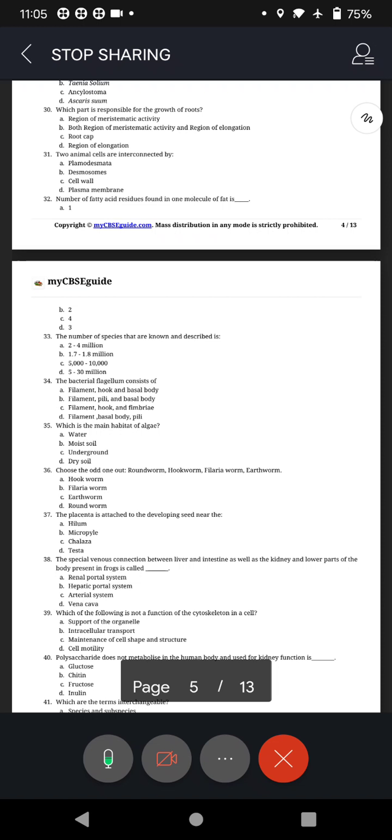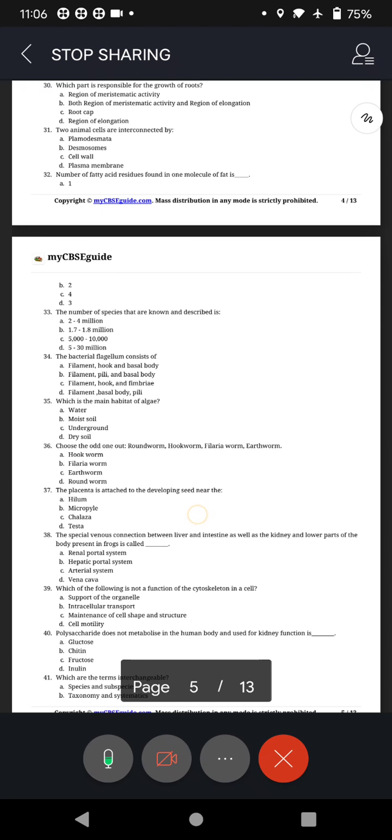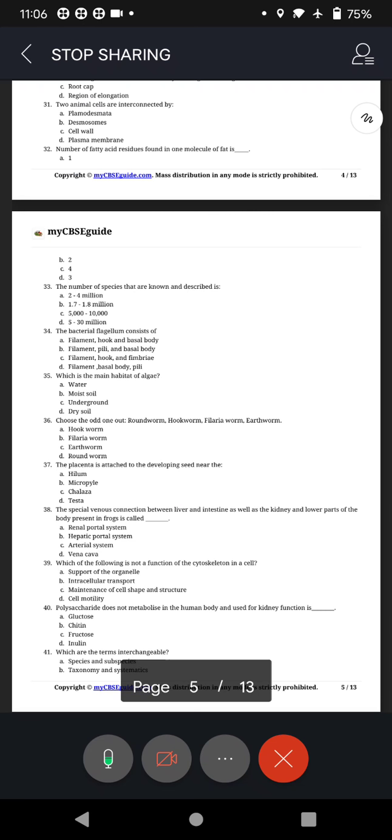A bacterial flagellum has 3 basic parts: filament, hook and basal body. The filament is the rigid helical structure that extends from the cell surface. Hook is a flexible coupling between filament and the basal body. The basal body consists of a rod and a series of rings that anchor the flagellum to the cell wall and the cytoplasmic membrane. Remember that structure we were talking about, 9+2 arrangement, 9+0 arrangement. Okay. Next, question number 35. Water.